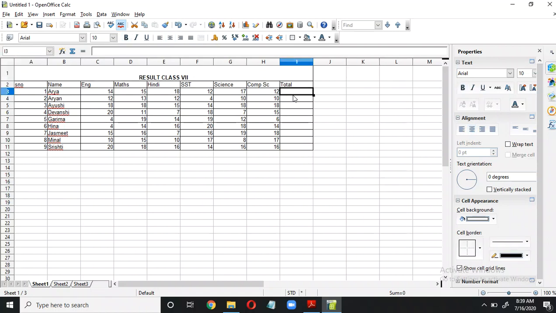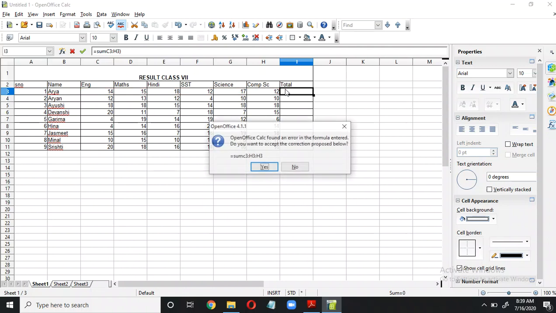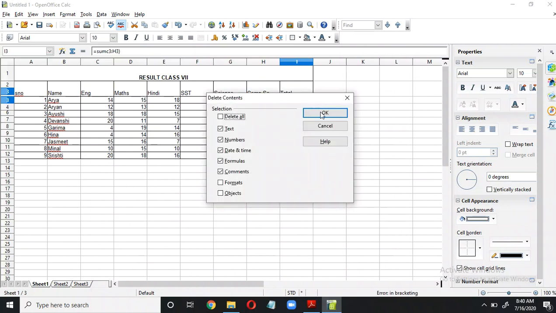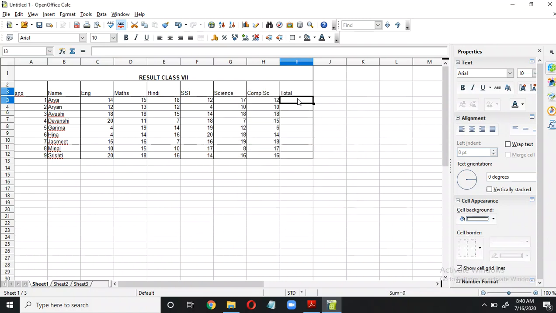Now you have to use the formula. You will simply write sum and see the range. It will be from C3 to H3. We will just select it, it will automatically take it. We'll give bracket and enter. Equals to sum bracket, close and enter. Okay, so see, now when you click here, you will get the formula C3 to H3.